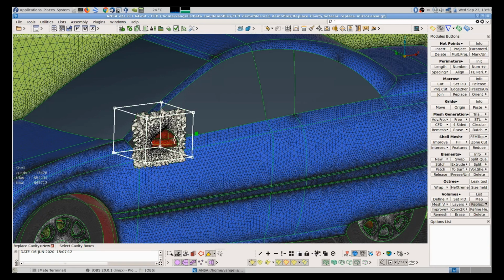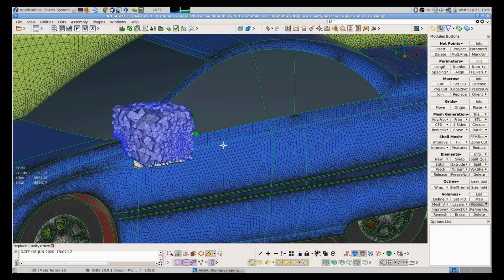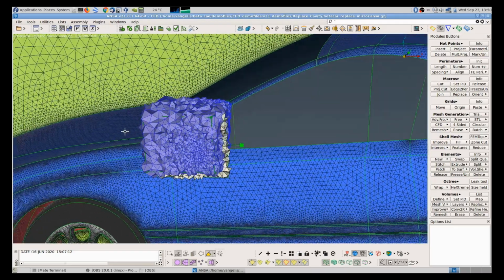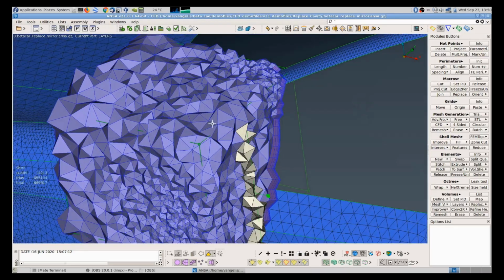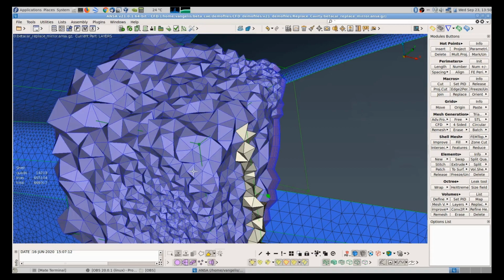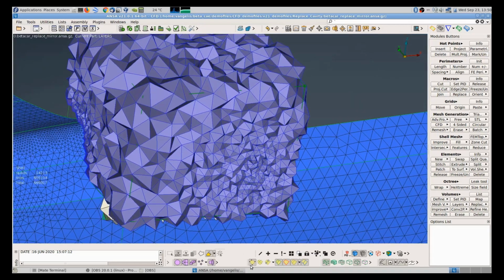So I will select this morph box, and now ANSA will erase the volume mesh inside that box and will create this top cap, let's say, this skin of elements that will allow me to do any modification inside this space.